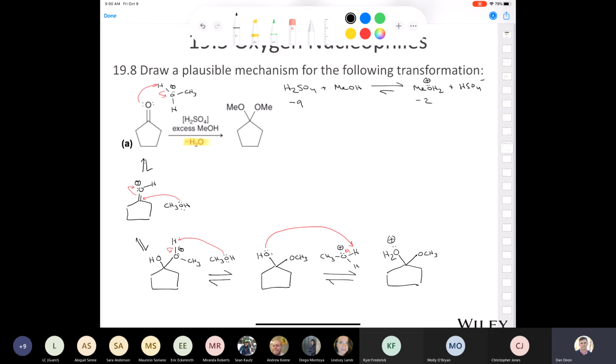Now I'm going to lose that water. And the way that you lose the water is that this lone pair from the oxygen is going to serve to eject the water molecule like that. Then we end up with this, where we have a double bond to our oxygen, and we have our methyl here. Now we've rendered that carbon strongly electrophilic again. Now methanol can come in as a nucleophile. So another molecule of methanol,